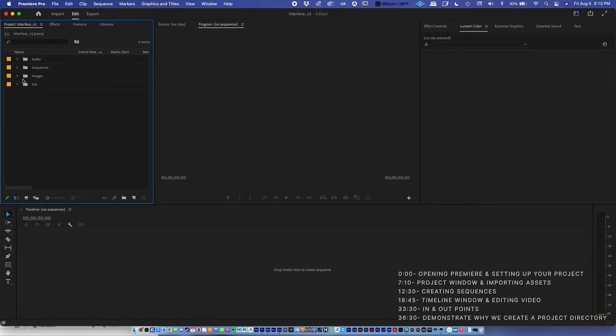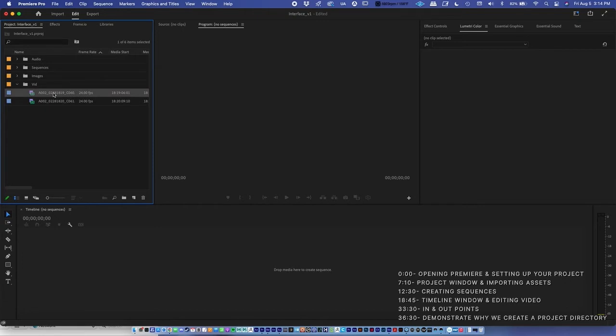And there's a couple ways that you can create a sequence here. So the first way, and probably the easiest way, is to find one of your videos that you've imported here. So this video I shot in 1920 by 1080, and you can see I'm hovering my cursor over it, and you can see that it's showing those settings below it. So you can see the name of the MOV. You can see that, oops, let me put my cursor back up. It's 1920 by 1080, which is standard HD. And you can see the audio is stereo 24-bit